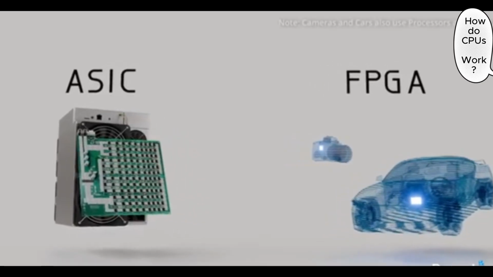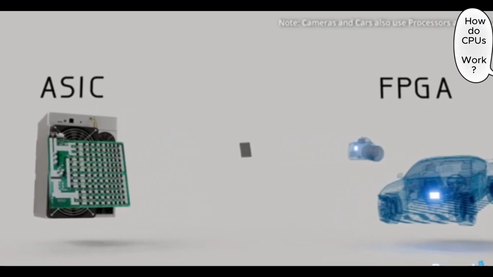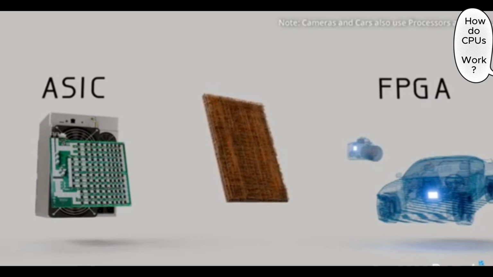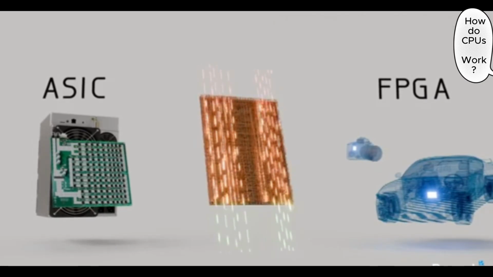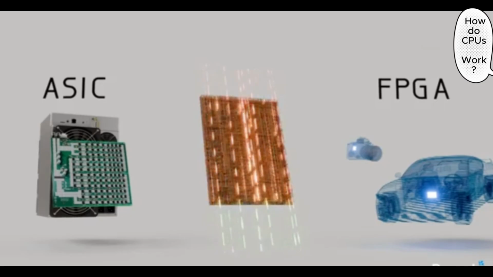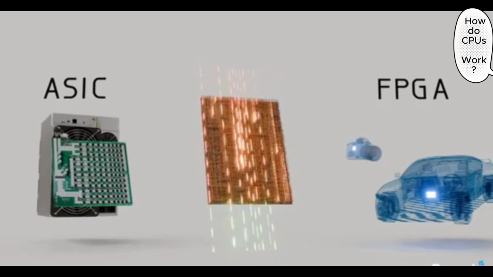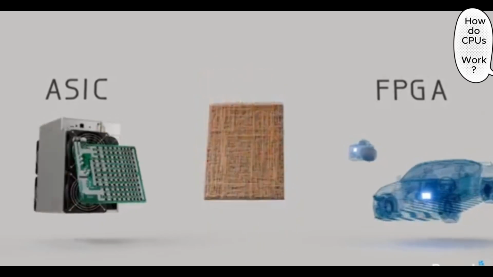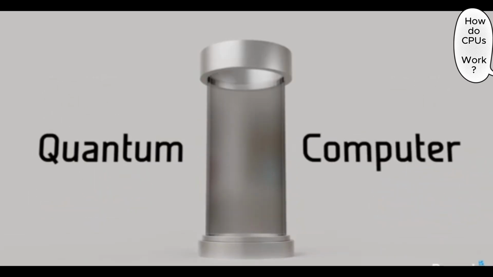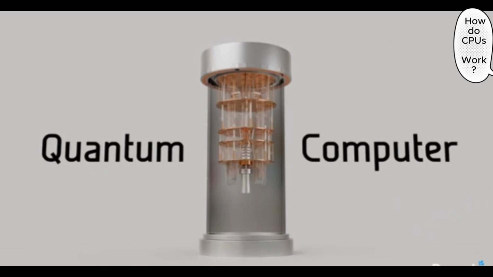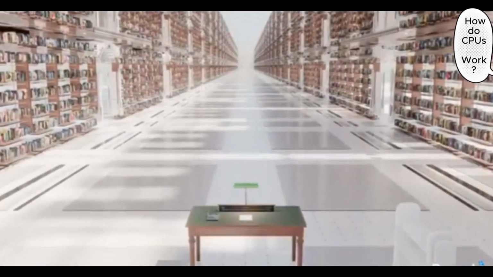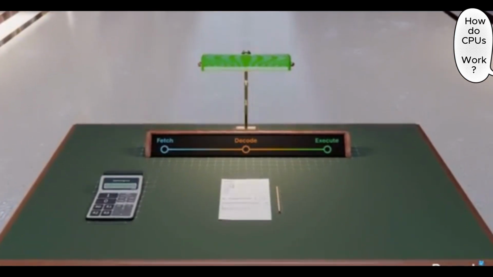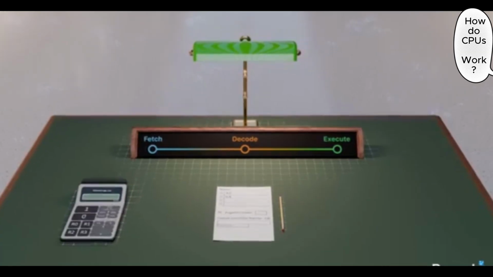Both ASICs and FPGAs don't use the fetch and decode steps, but rather they perform repetitive operations by flowing data through a set pattern of logic gates and execution units, making them highly optimized, but very inflexible. And then even further from these chips are quantum computers, which are based on qubits and quantum circuits, which we'll discuss in future videos. But now that we've covered the fetch, decode, execute cycle, it's important to discuss two more